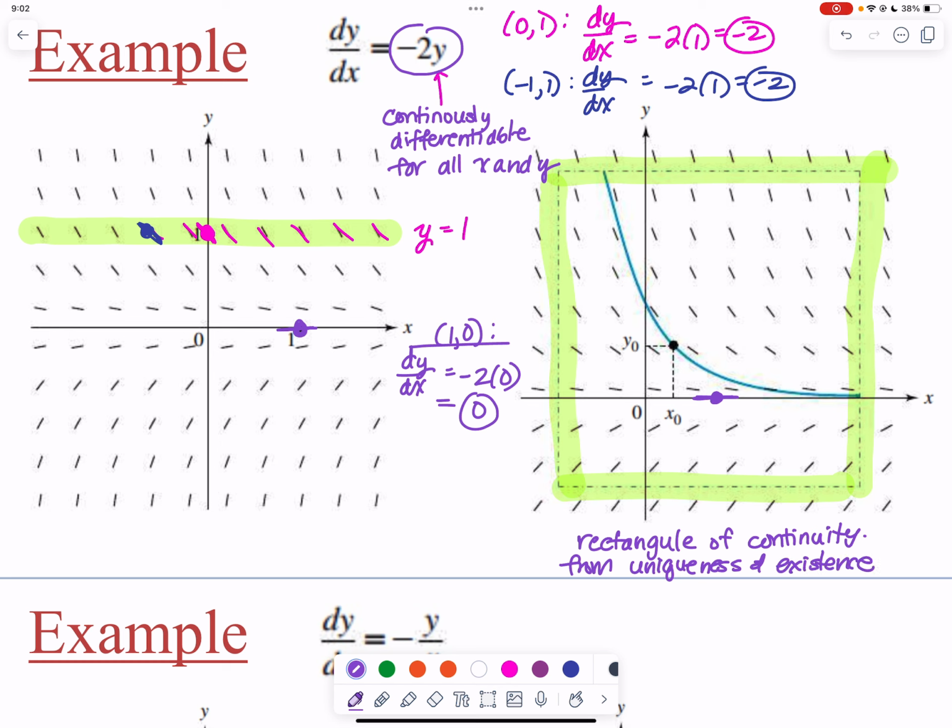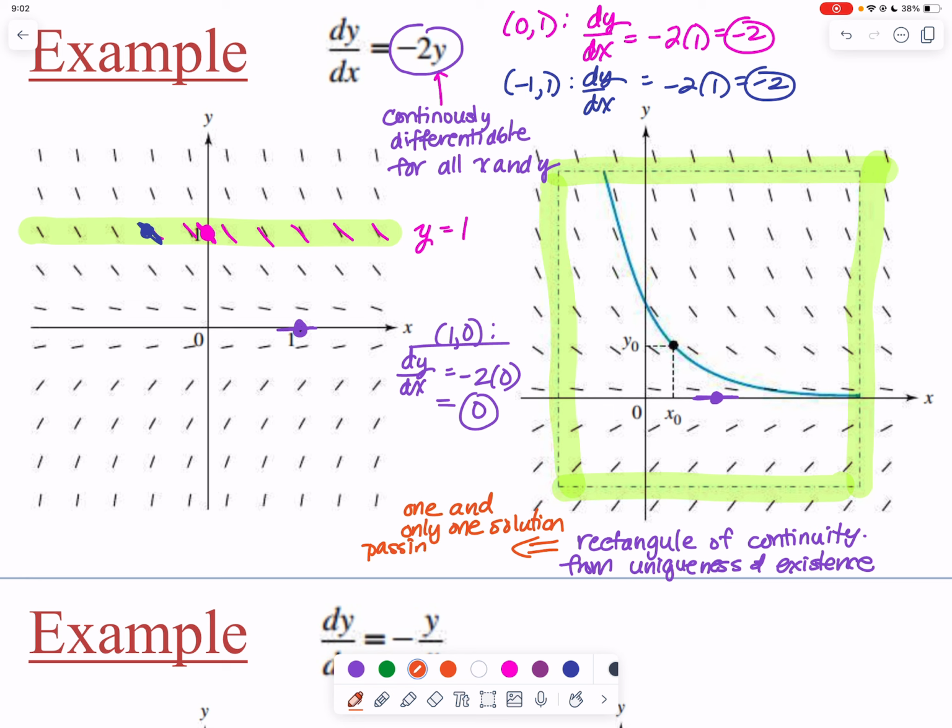Basically what it says is that this equation has one and only one solution passing through each point. So we conclude that we have one and only one solution